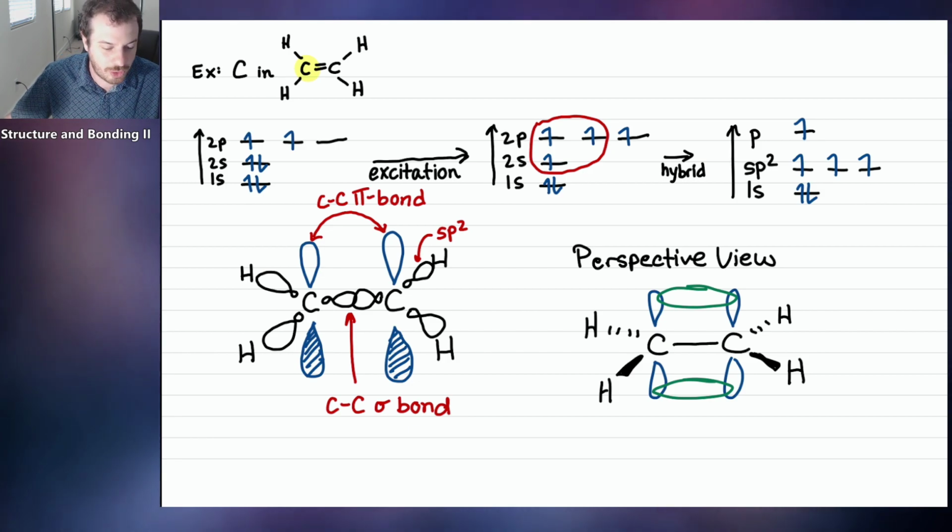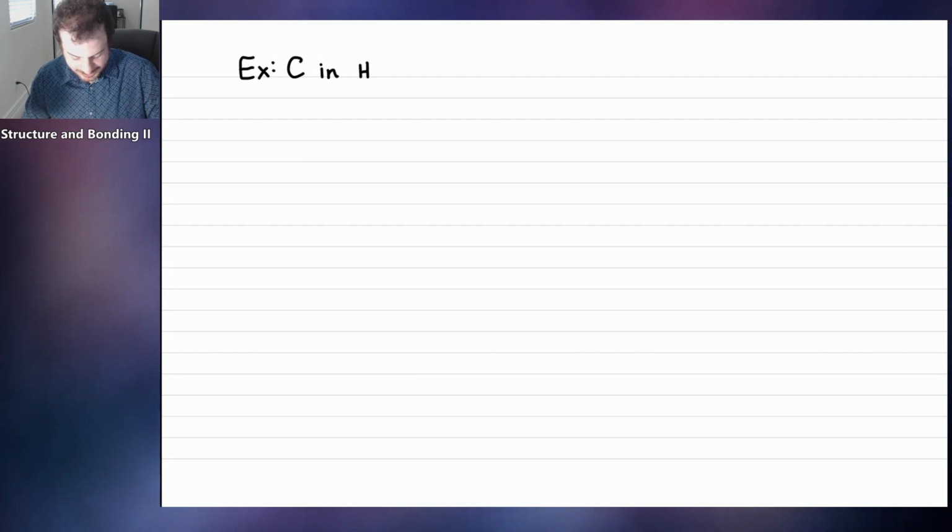So now let's take a look at one more example, just to try and drive this point home. Let's take a look at an interesting compound, acetylene. So we'll say example, carbon in acetylene. Acetylene has the following structure. There's a triple bond in there, and so we were interested in seeing what the bonding is for this carbon here. What you can see is that this carbon is only attached to two other atoms, hydrogen on the left and carbon on the right. And yes, it's a triple bond to the carbon on the right, but let's just say for now that it's attached to two different atoms, hydrogen and carbon. Let's see what the hybridization picture would look like in this case.